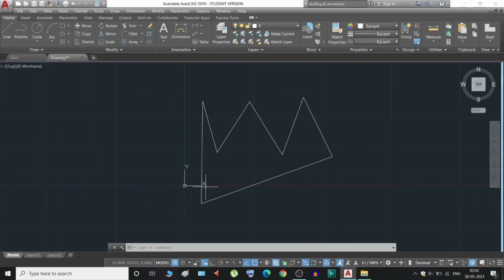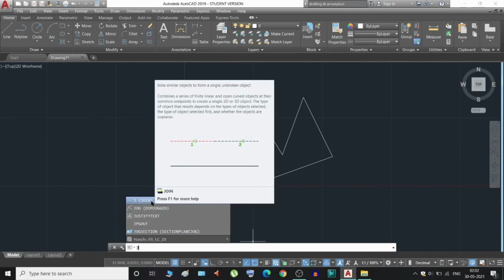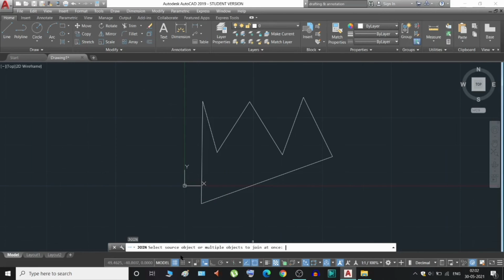So if we want to join them to make a polyline, we can just write here J, and the first command that appears here is join. You can either click on it or press enter.